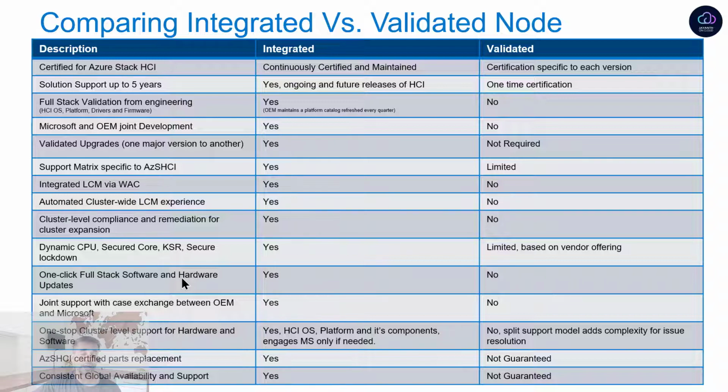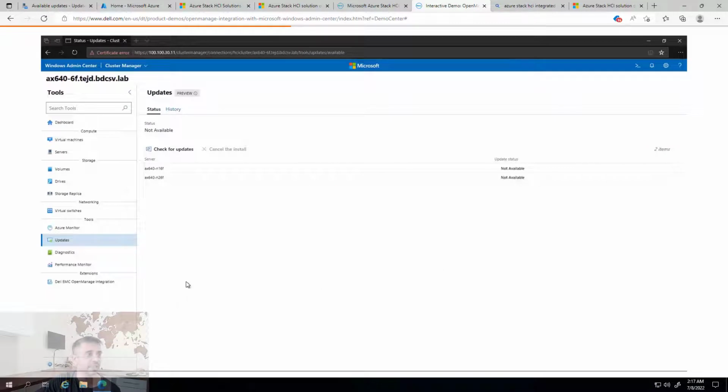So in order to do that, all of this, as you can see, is a result of joint engineering between Dell and Microsoft. So they don't have to launch a different console to update both software and hardware. So you will see how customers can do that. So let me just quickly jump back into the demo. So here I am in Windows Admin Center. Now there's an option under the cluster manager called updates. So if I click on updates and then go into